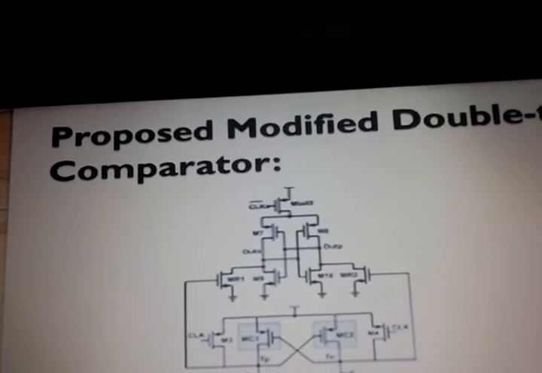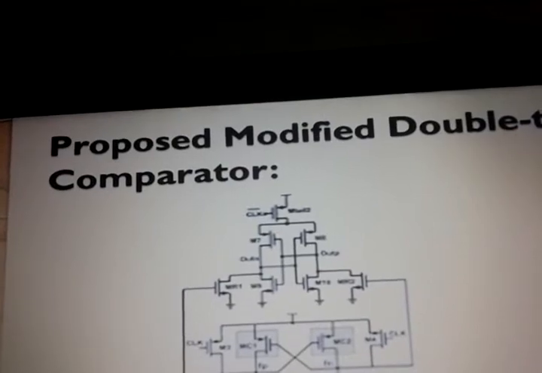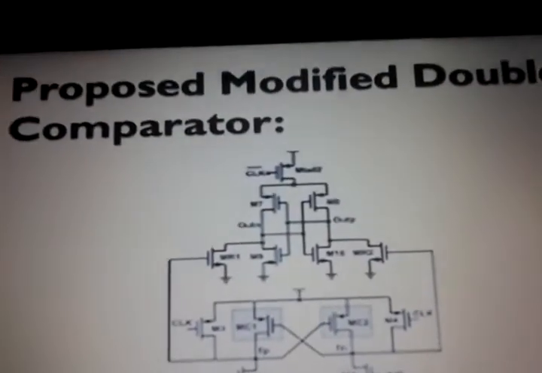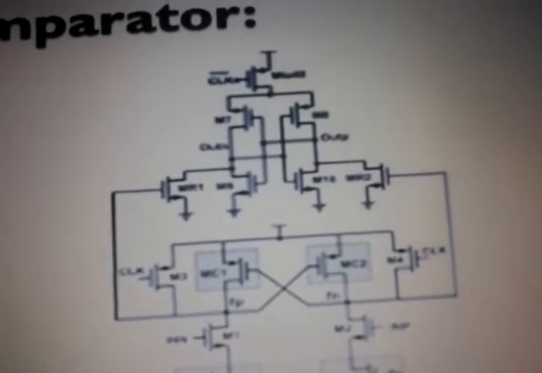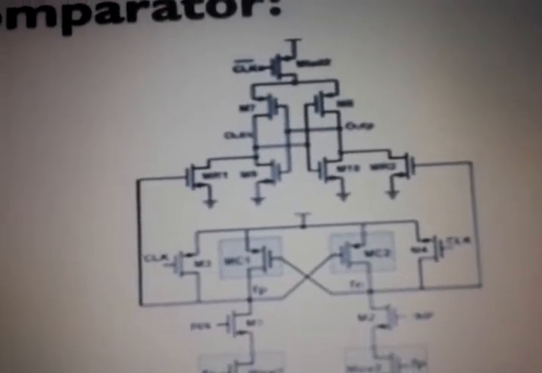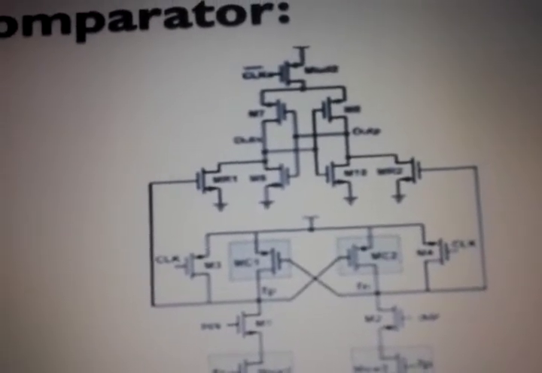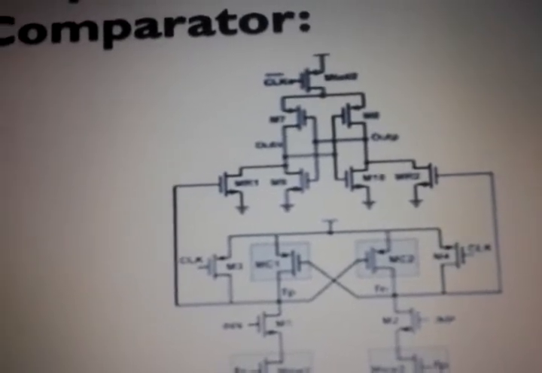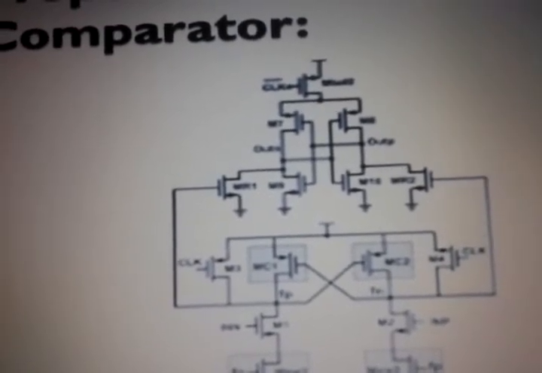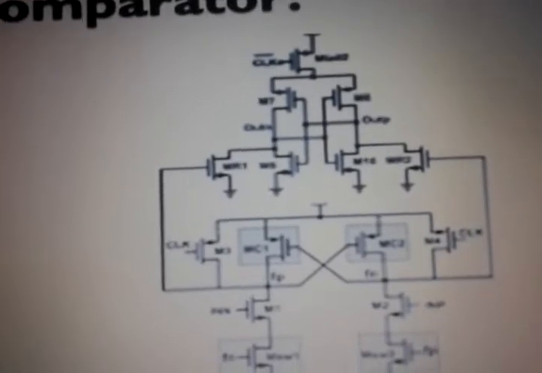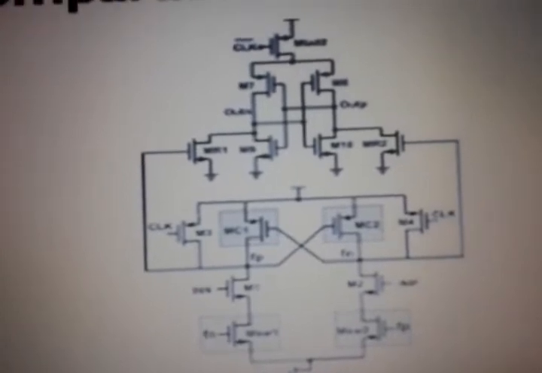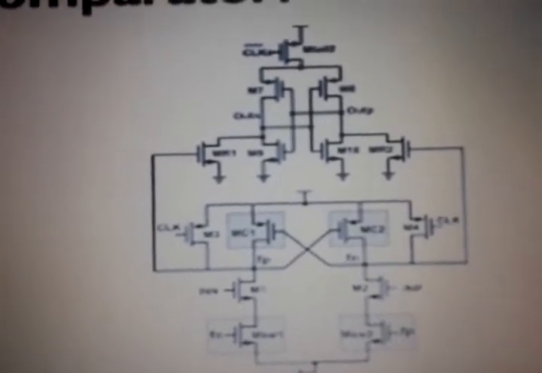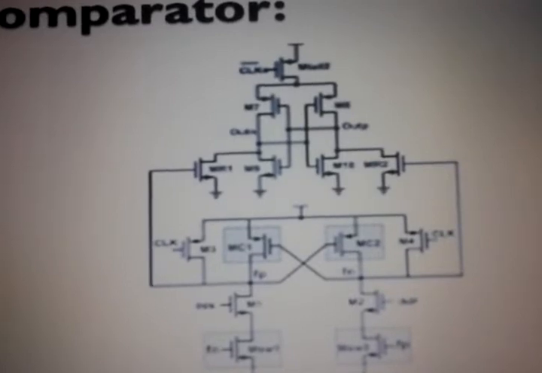During the decision making phase, the clock goes to VDD, and M-tail 1 and M-tail 2 are on. The transistors M3 and M4 turn off. Furthermore, at the beginning of this phase, the control transistors are still off. Thus, Fn and Fp start to drop with different rates according to the input voltages. Suppose Vin P is greater than Vin N. Thus, Fn drops faster than Fp.